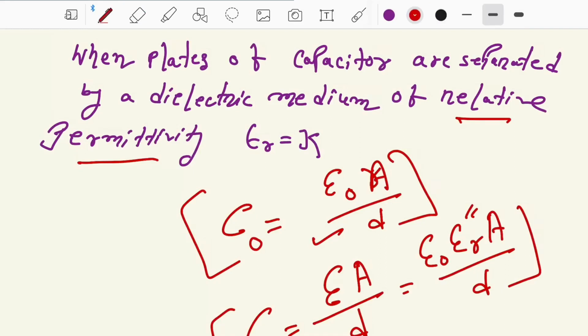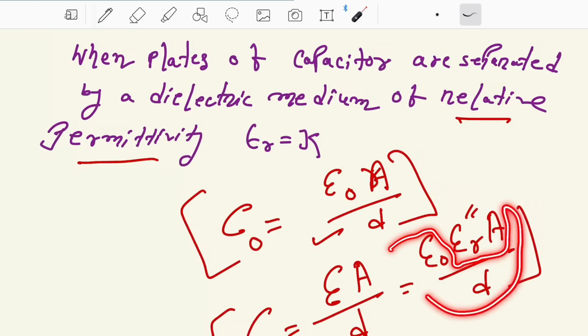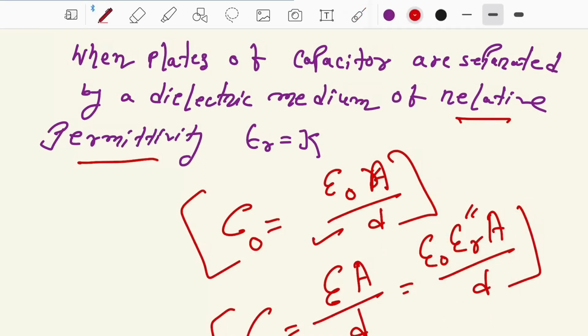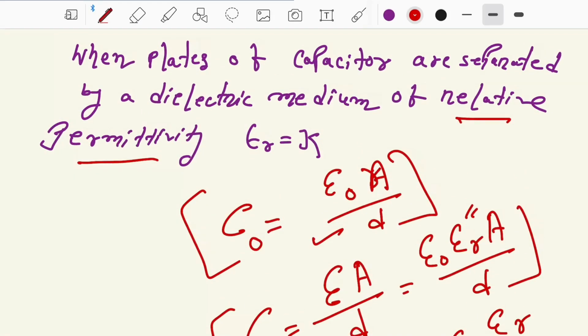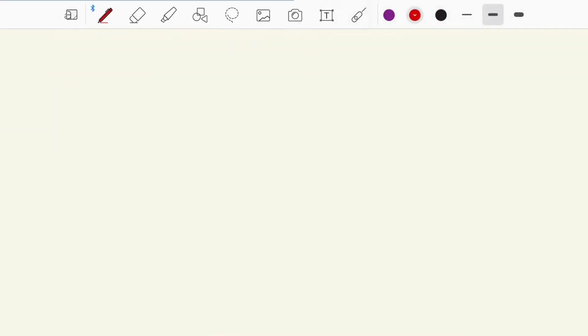Now from this formula, one thing is clear: this epsilon naught A by D can be written as C naught, or the capacitance of a parallel plate capacitor if we placed the conductors in a vacuum, that means the material which is placed between the conductors is vacuum. Now if we place a different dielectric medium, then we have to write C naught epsilon r. Okay, so epsilon r can be written as K, and that is C equal to C naught K, because this is called